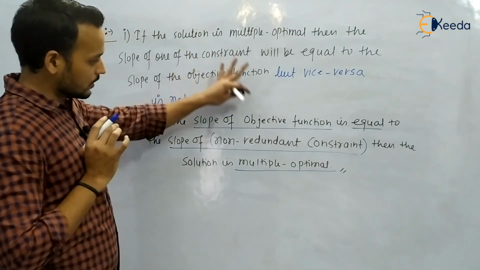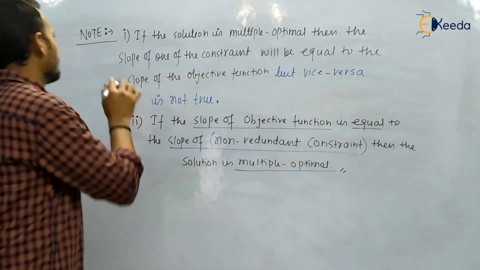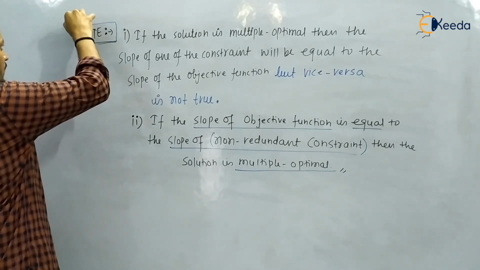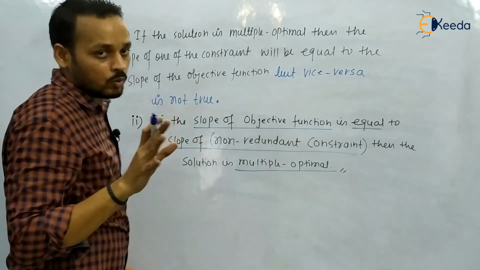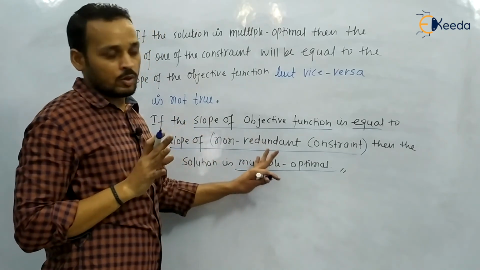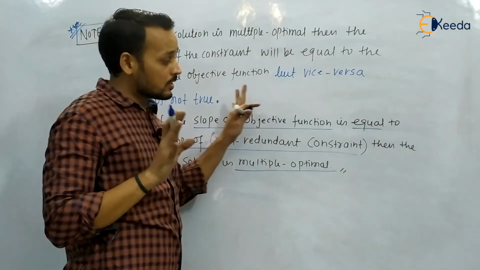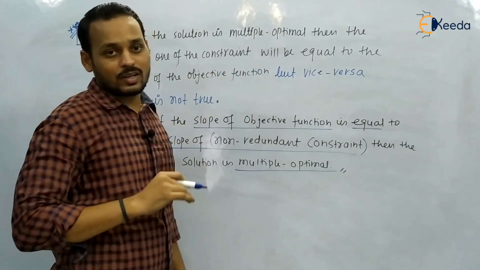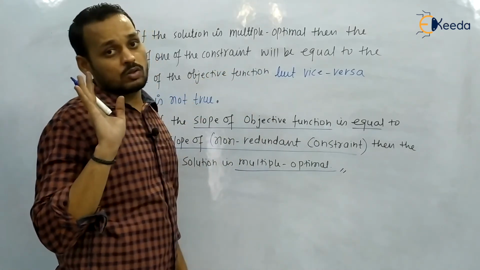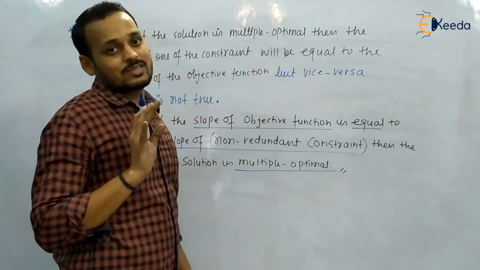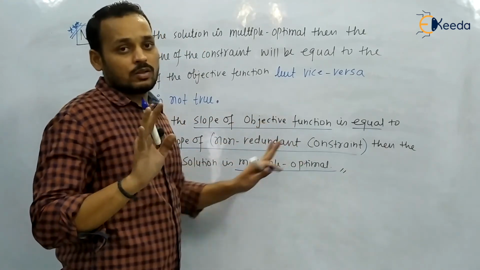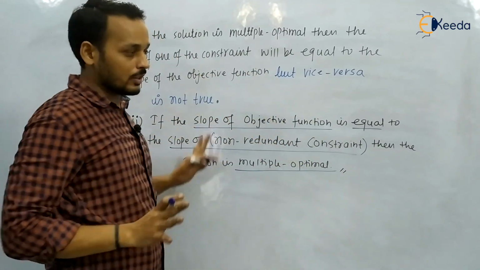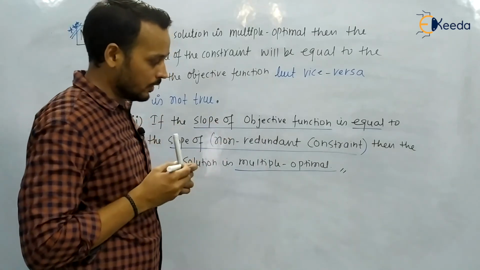So both these statements you have to keep in mind, because notes are very important from the examination point of view. Each and every note which I have told you is very important, and students are going to make mistakes on these points. They directly check the slope and tick the answers, so they may be wrong. You have to check by plotting the constraints and the corner points. So these statements must be kept in mind. These are important objective statements, so just remember them.